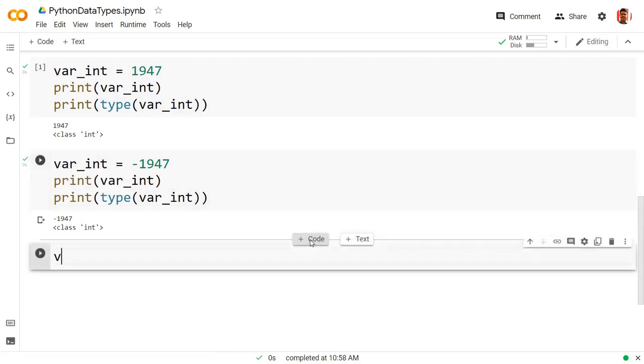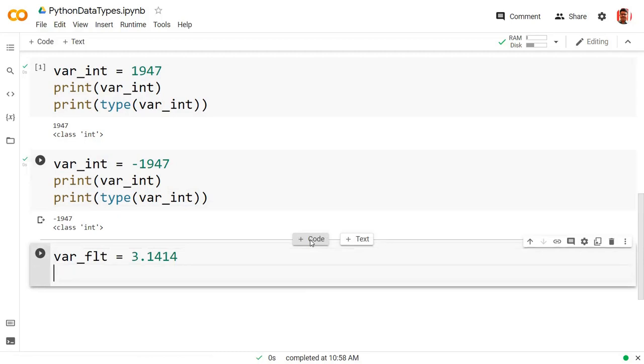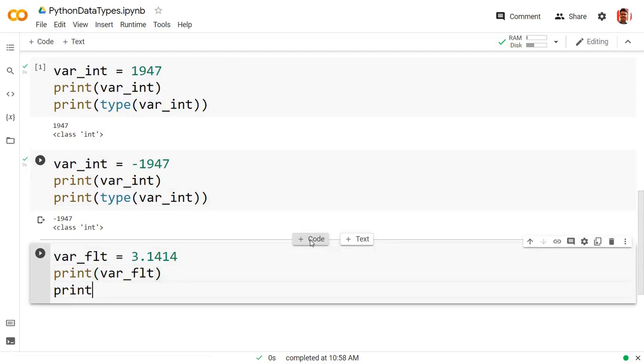Now the second data type is the float data type, for example 3.14. Right here we are taking a float and printing its type as well, with var_flt and type, and then I run this.